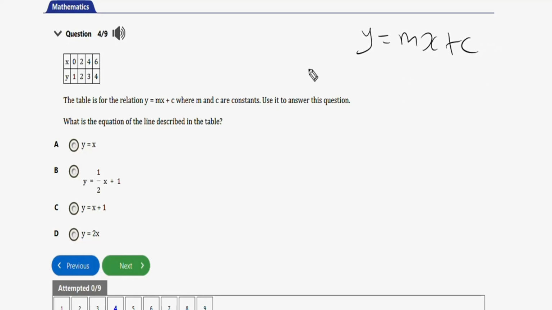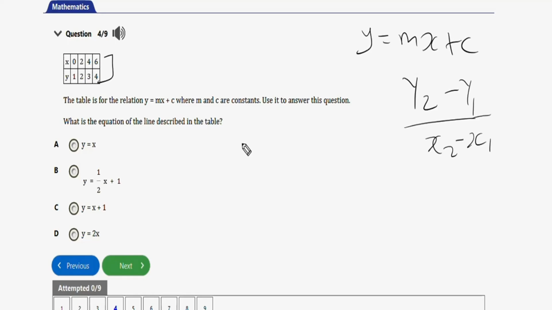So we have these values of x and these values of y here respectively. So to get our m, the slope, the formula for slope is y2 minus y1 over x2 minus x1. So this can serve as the formula for slope. Okay, so from here now, let's use y2 to be 4